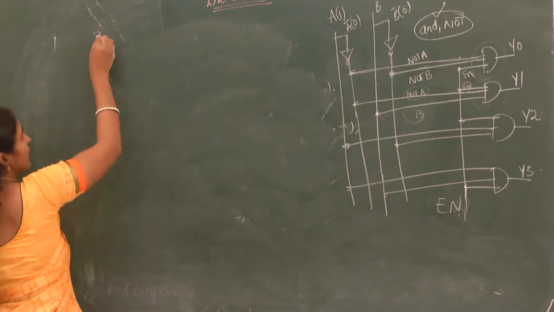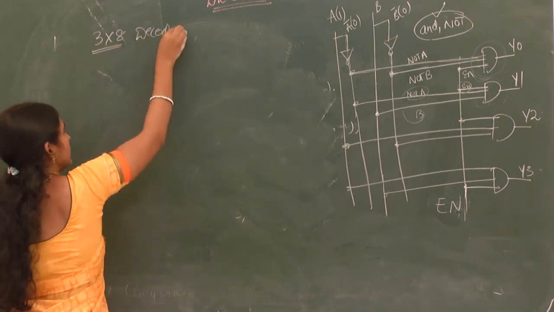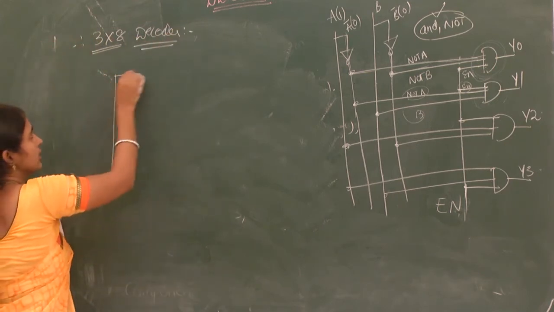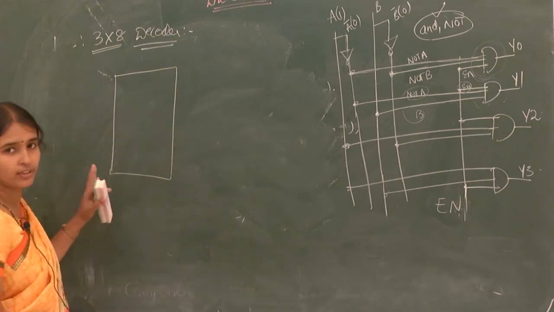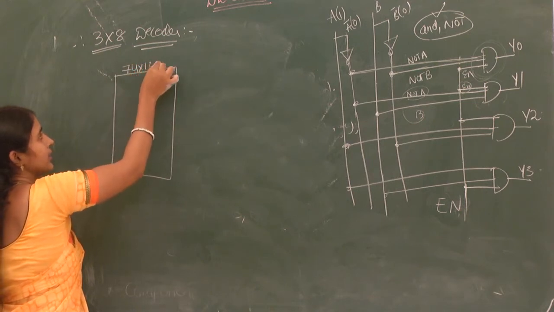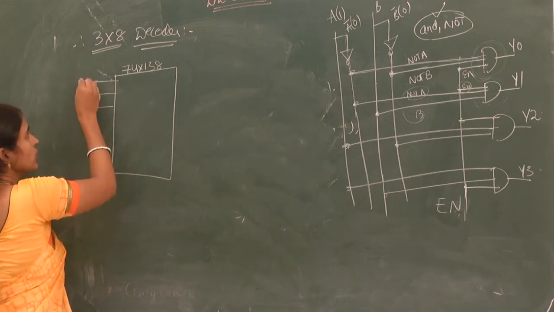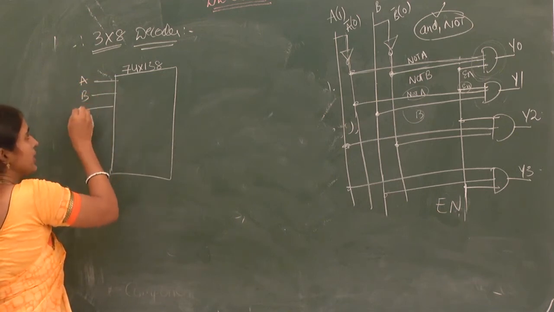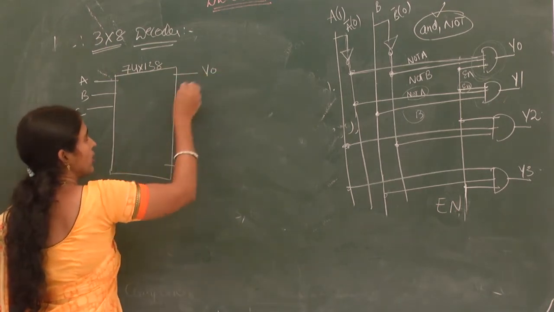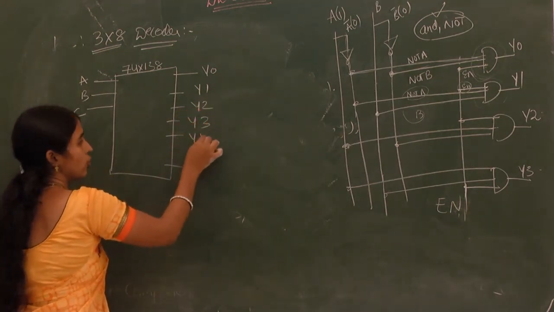See here. Now coming here, 3 to 8 decoder. What is your logic diagram? You will be mentioning it as you are all aware of the 3 to 8 decoder, that is nothing but your IC number 74138 decoder. This is your IC. Okay, it is providing 3 inputs. Let us assume that it is A, B, C as 3 inputs. And it is providing 8 outputs, that is nothing but Y0, Y1, Y2, Y3, Y4.